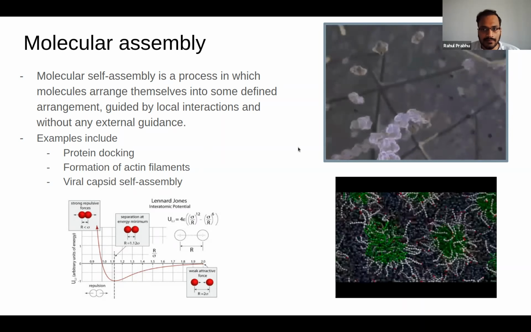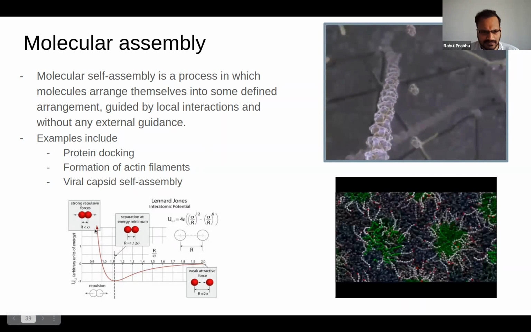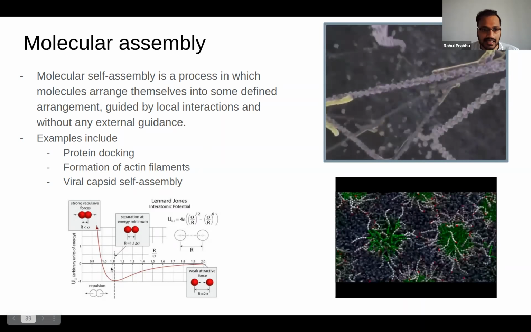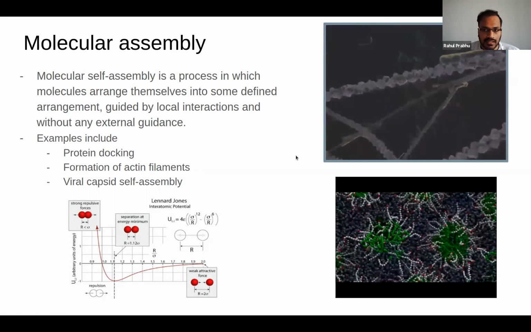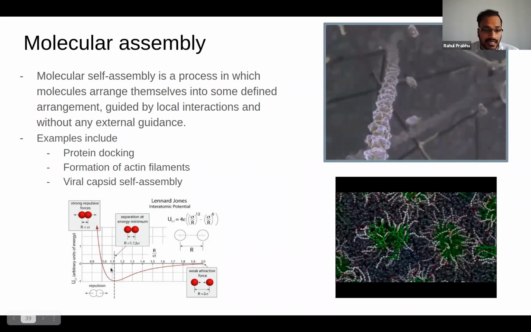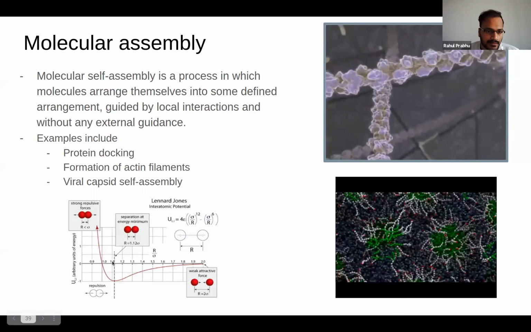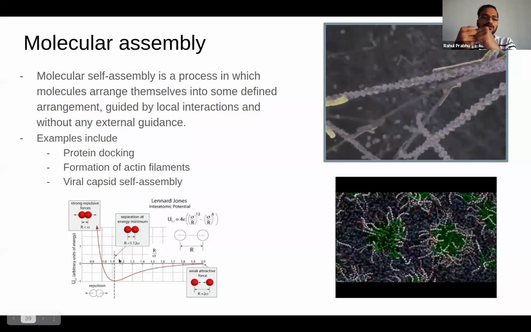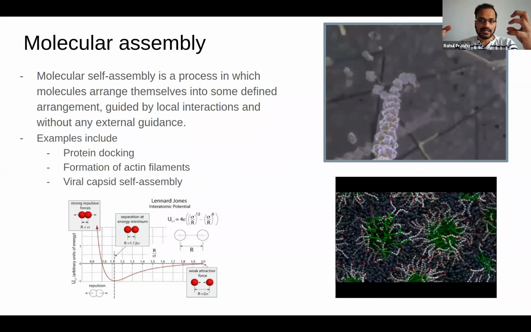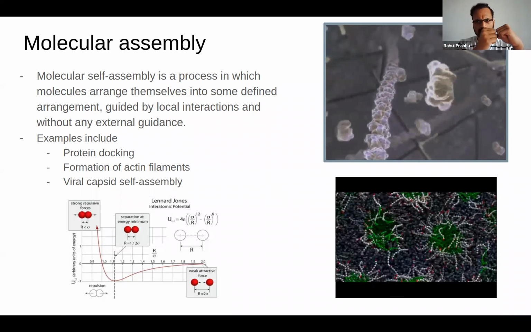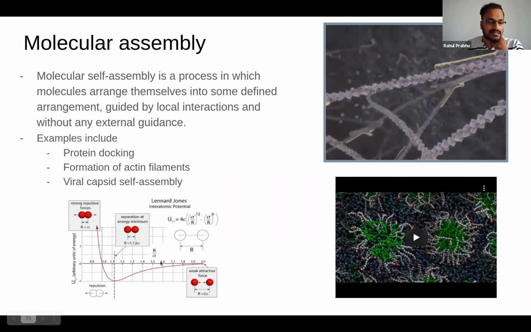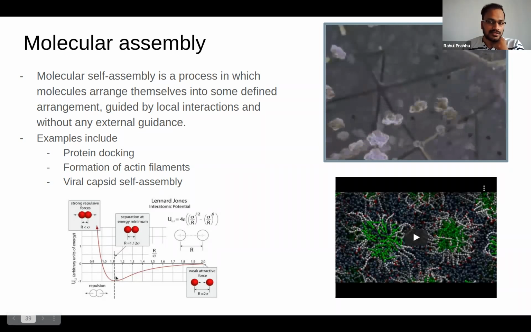And usually all of these processes are guided by Lennard-Jones potentials. So if an atom pair, one on each different molecule, is at a certain distance from each other, the potential drops, and those atoms want to stay in that region. If they get too close, they get repelled, and if they're too far apart, they don't interact at all. So they want to stay in this Lennard-Jones well.